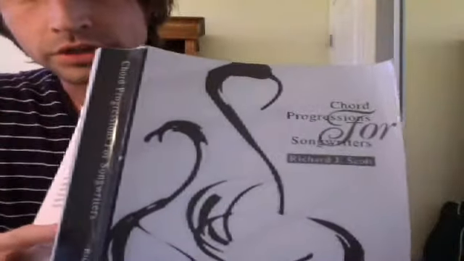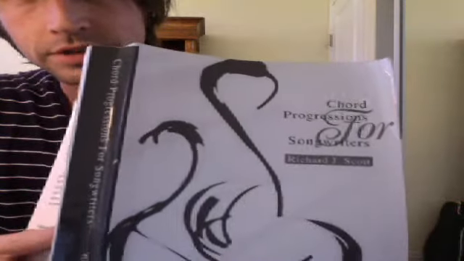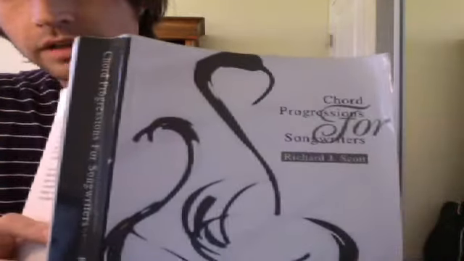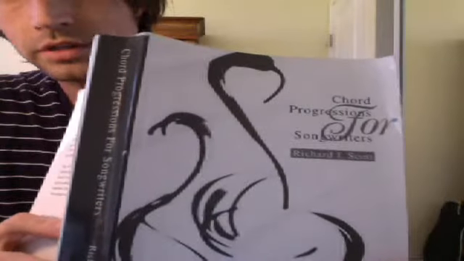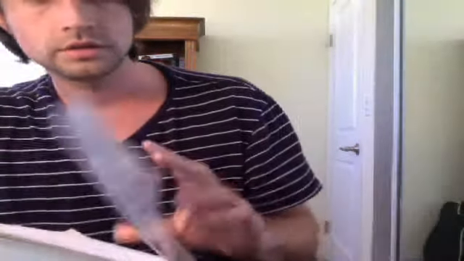It's called Chord Progressions for Songwriters, Richard J. Scott. If you want to learn about what gives different genres their character, learn about chord progressions, this is a useful book. Basically it has different styles in it, like blues, Coltrane, circle progressions, flamenco, and it's got doo-wop. So if I go to that,